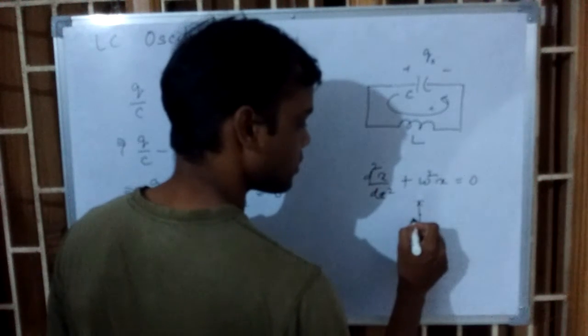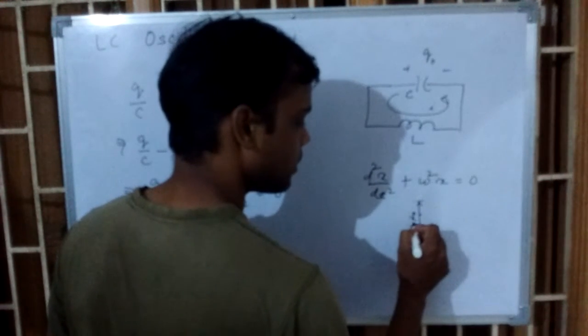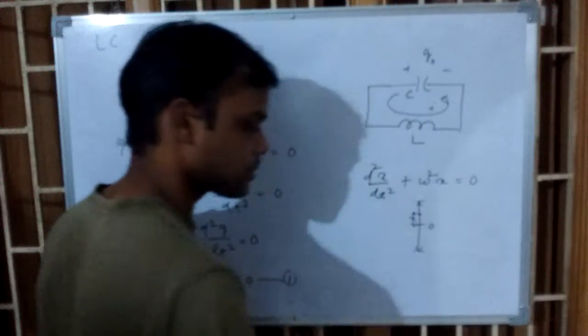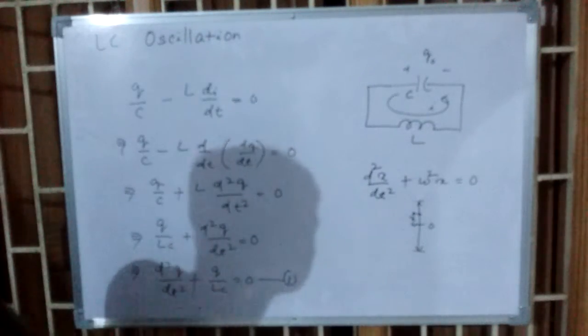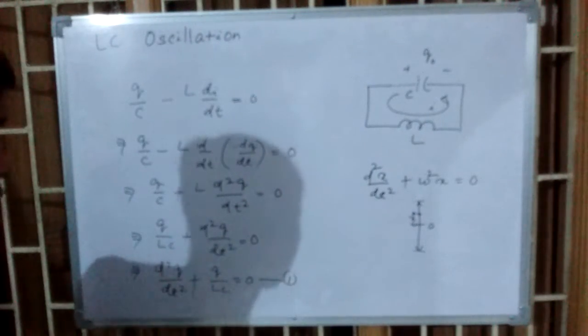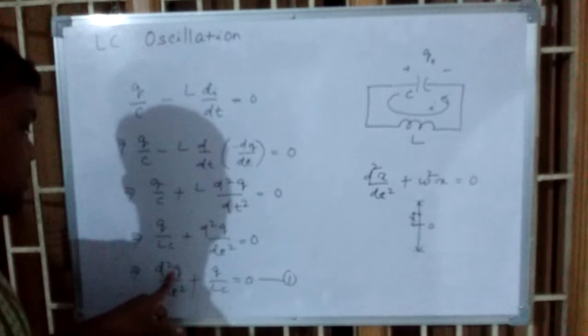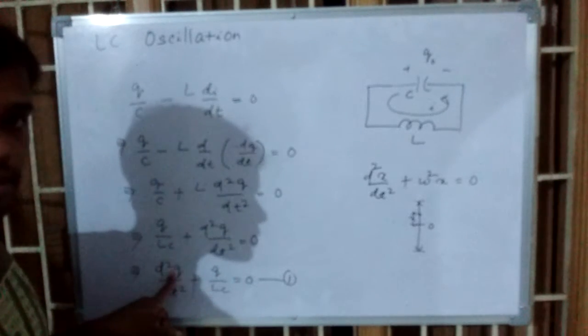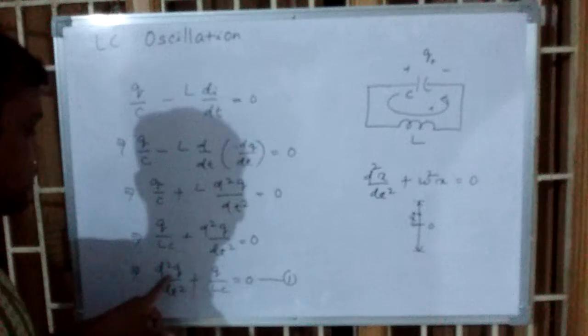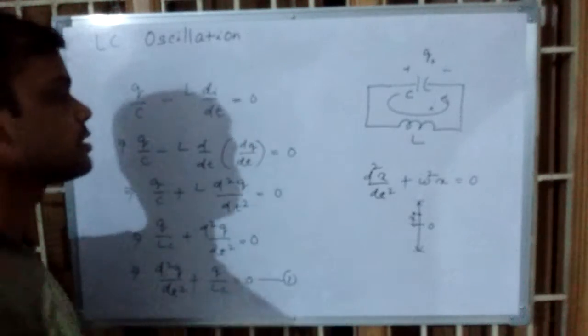Suppose the particle is here, so this value is called x, the displacement from the origin or the center point. Similarly, here you cannot say Q is displacement, obviously, but the equation resembles,